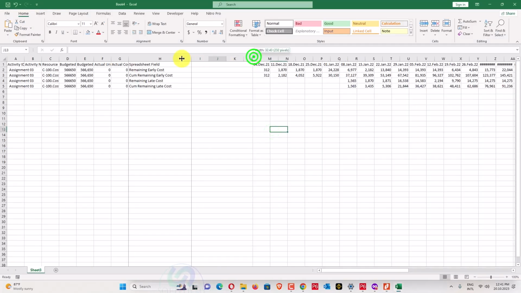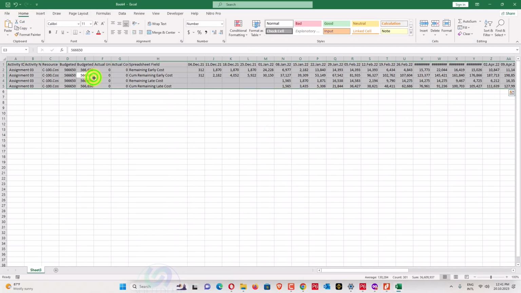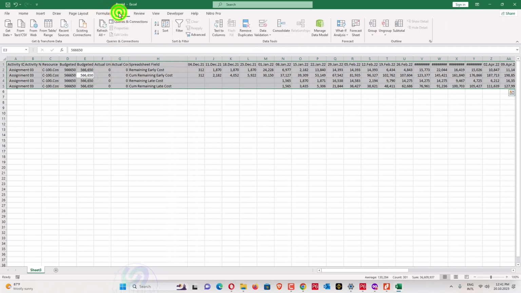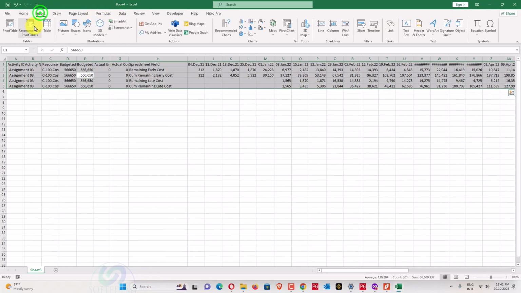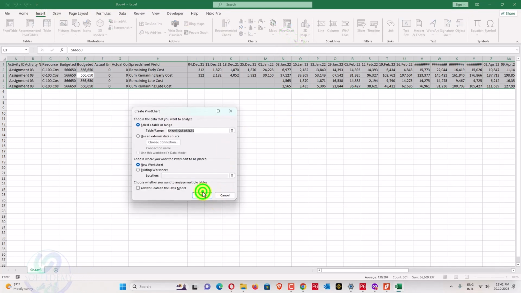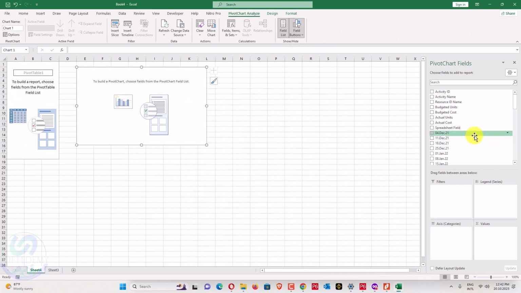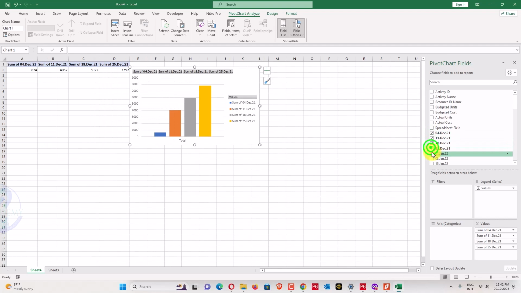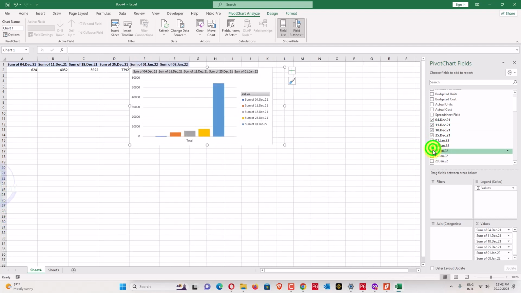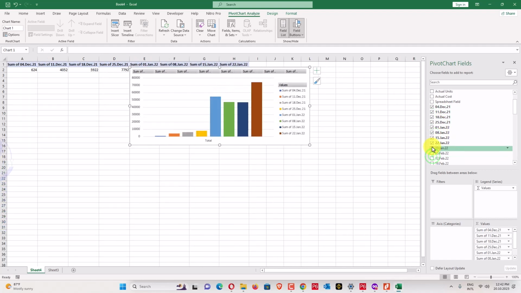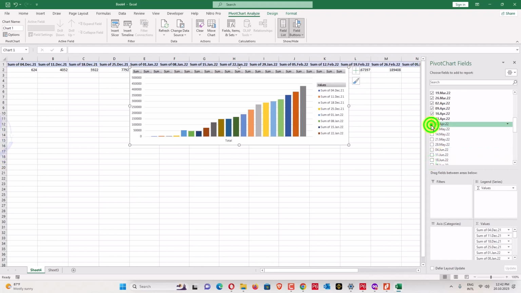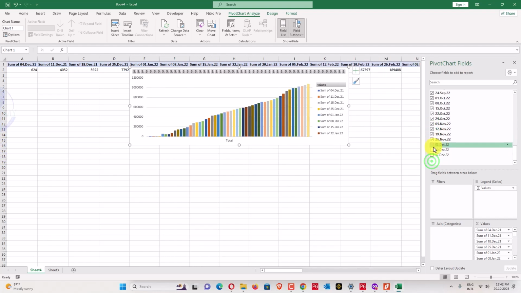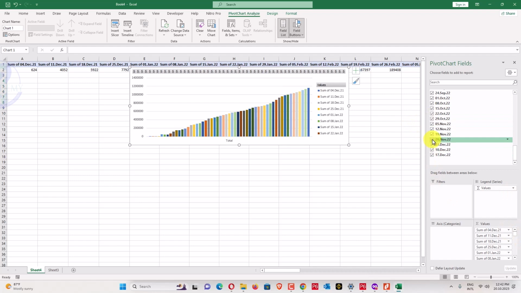So what I will do, I will just select all of this and go into data, insert pivot chart from this one, pivot chart. So this is the table, and now I will add all my time scales, dates here. So these dates have been added now.